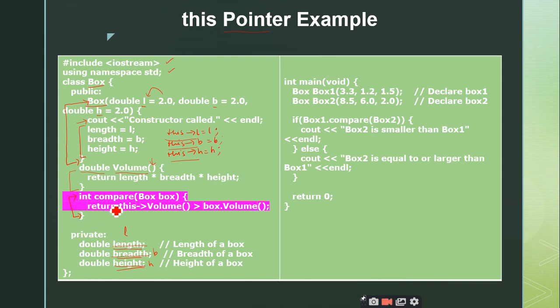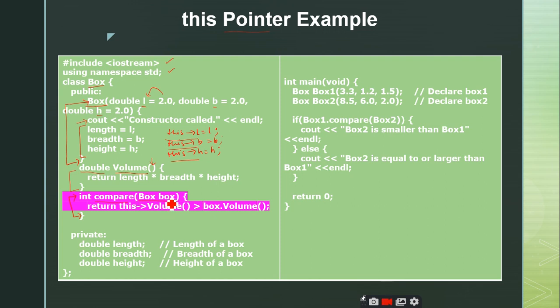I am going to compare the volume of two boxes. For this purpose I am making use of a function called compare, right? How many parameters is it accepting? One parameter. What is that parameter?